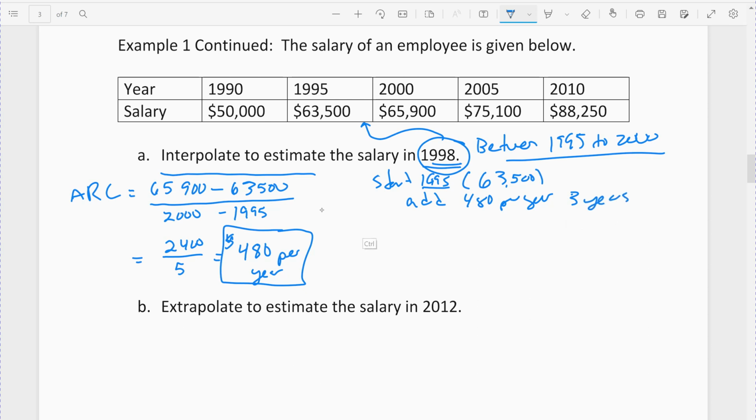All right, so we take our base salary, $63,500, and add to it 3 times the additional amount we get every year. So 3 times the 480. Right? That's how much we would estimate the salary would be in 1998. Right? So when you take those values and add them together, it comes out to